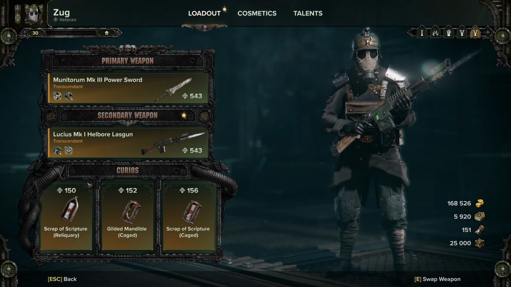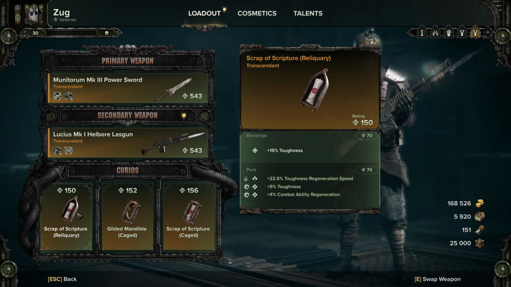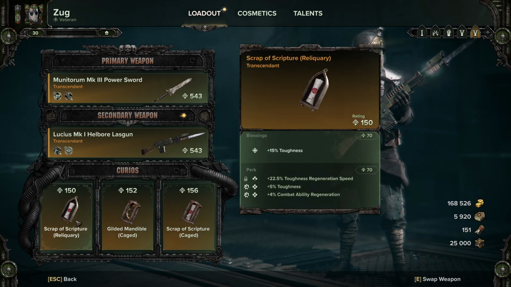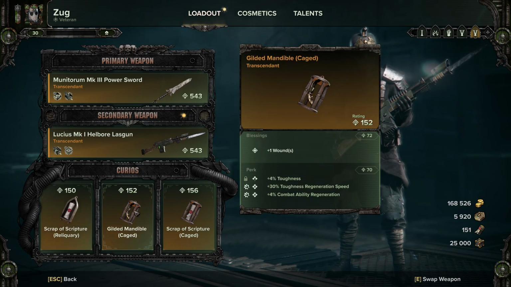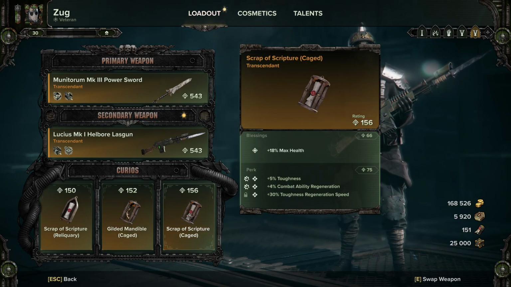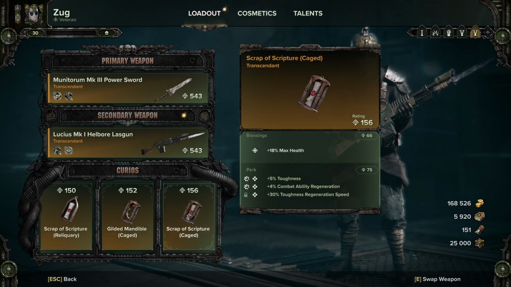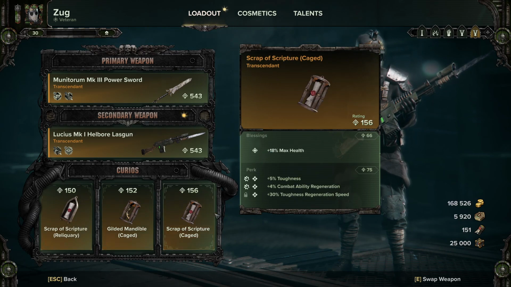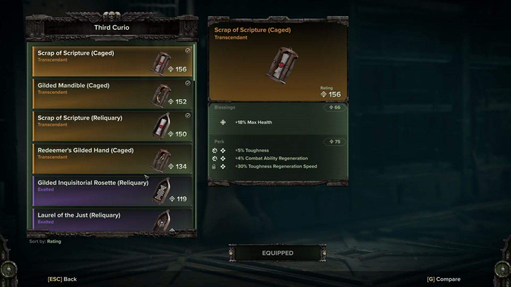So for the curios, I'm sticking with toughness for now. On this one, and combat ability regeneration. As you can see, toughness regeneration, speed, and combat ability regeneration, and more of the same here. At some point, if I can get this to work, I may switch all of these out to be +3